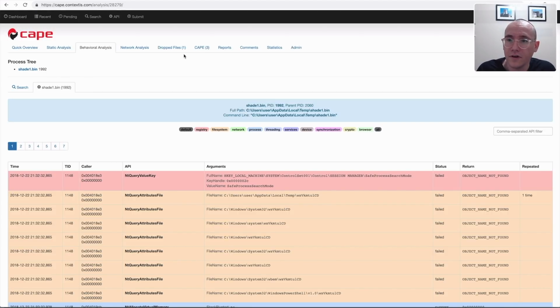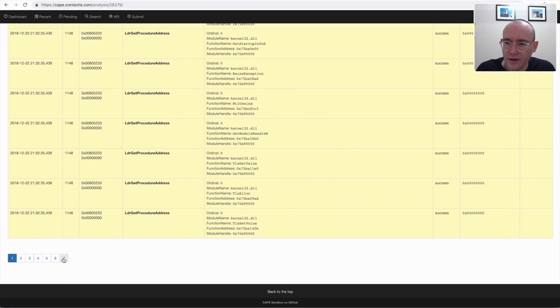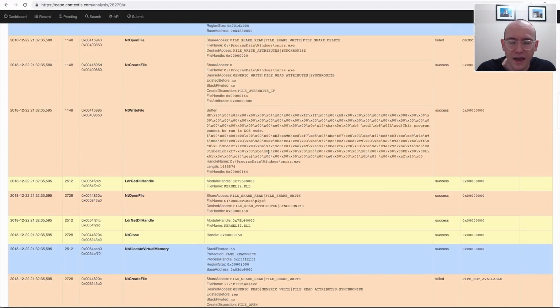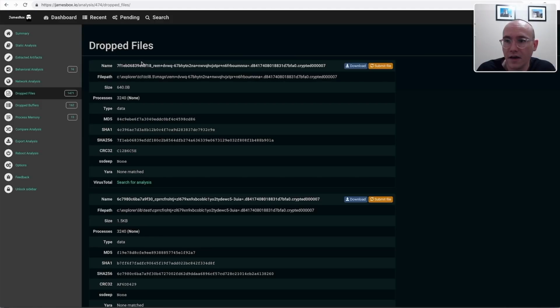The other thing that I saw here was there wasn't a ton of behavior going on. There wasn't a lot of stuff happening. And sometimes because Cape is really focused on doing config extraction, sometimes samples don't run as well in it. And of course, it being a public sandbox, you can't run samples for a super long time. Even though they have the timeout option, I think they enforce a smaller time limit than what you would maybe want for analysis. So I use a Cuckoo instance that I run with some friends, and I ran the sample for a long time,